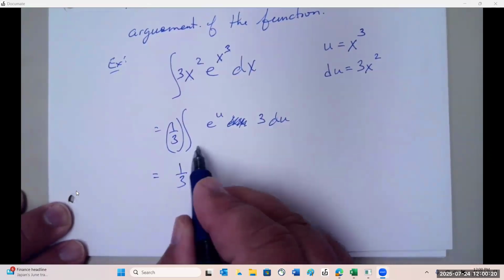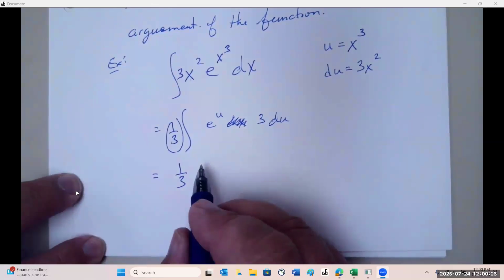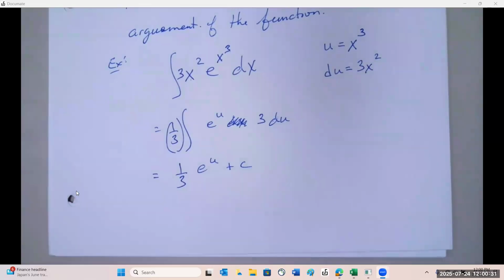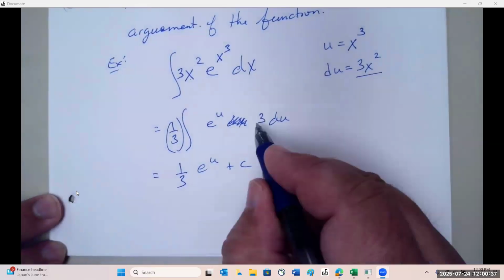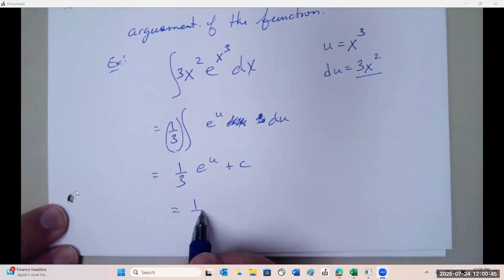So it's 1/3. What's the integral of e to the u? Plus C. That's it. It makes it much easier looking at it that way. So when we put everything back,